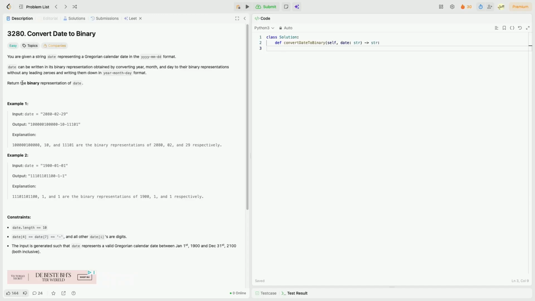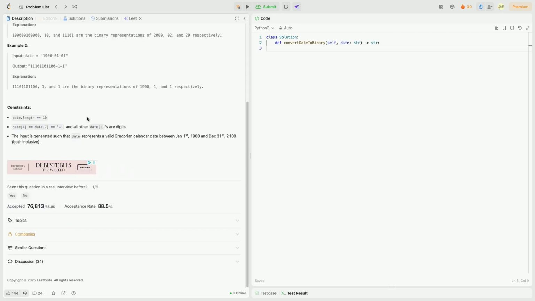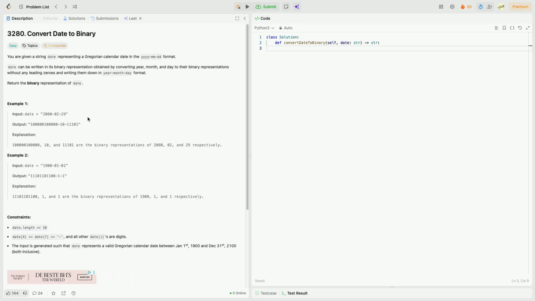Hi, and welcome to another speed solve for a LeetCode easy problem. The goal is really to just solve it as quickly as possible, and we might deviate a little bit from our